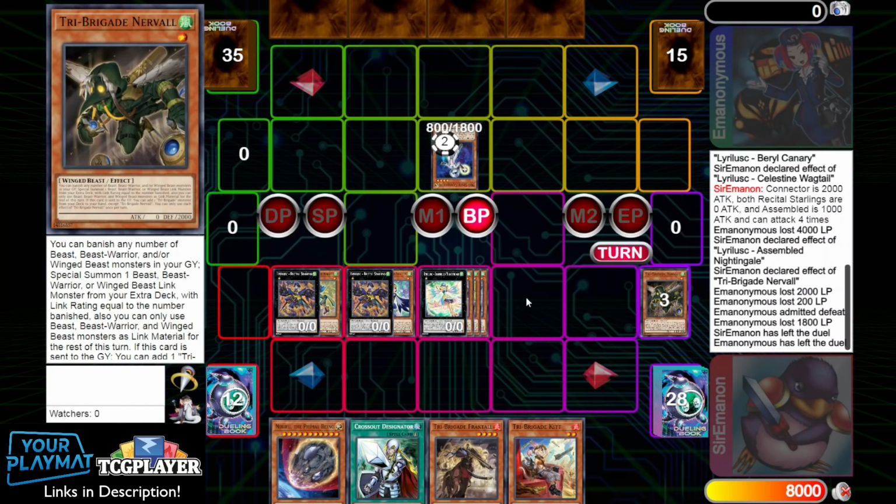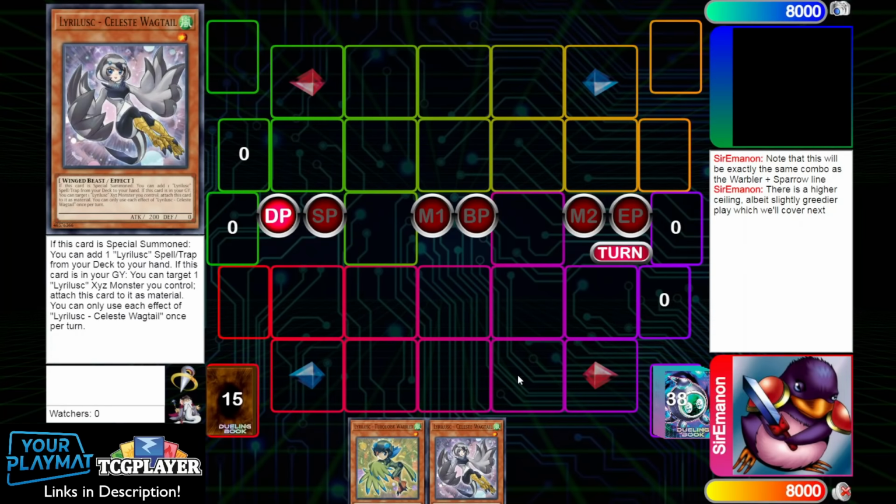Next, we're going to move into a pretty similar but slightly higher ceiling and higher combo potential, although maybe a little bit riskier play in the Warbler plus Wagtail. So generally speaking, Warbler plus Wagtail lines are quite similar to Warbler plus Sparrow lines. Just the difference is that you get to access Bird Call earlier, and that's pretty advantageous because you get to